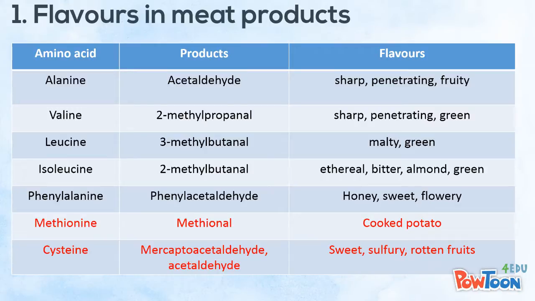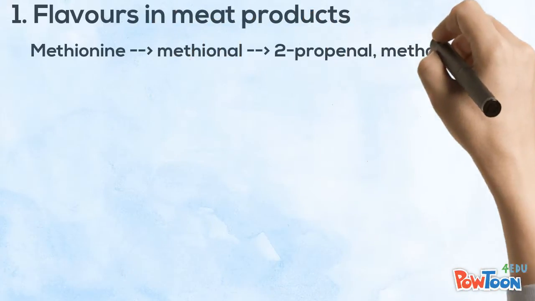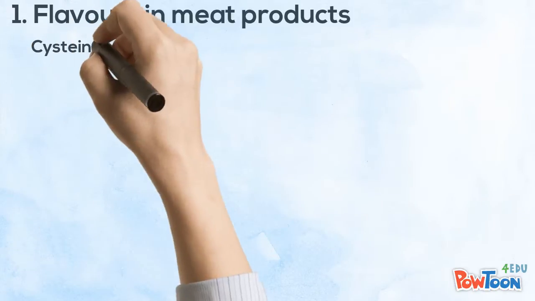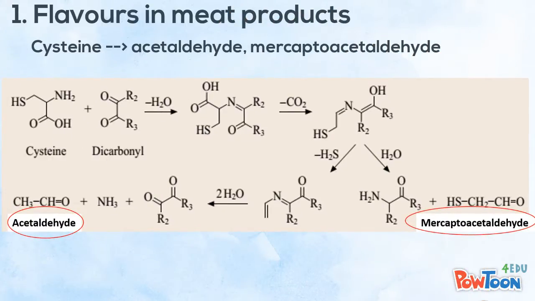Methionine and cysteine are the two most important amino acids in the formation of meat aroma. Methionine produces methional with the aroma of baked potato. 2-propenal and methanethiol are formed from the methionine, which are reactive intermediates participating in further reactions to form various final aromatic products. Cysteine produces a number of highly reactive intermediates with flavor-generating potential, such as ammonia, hydrogen sulfide,